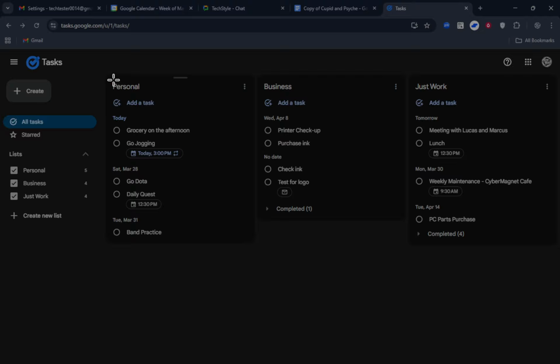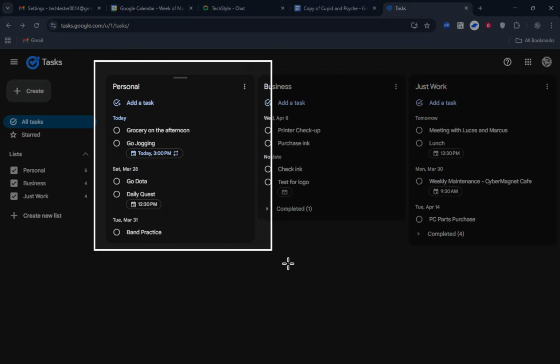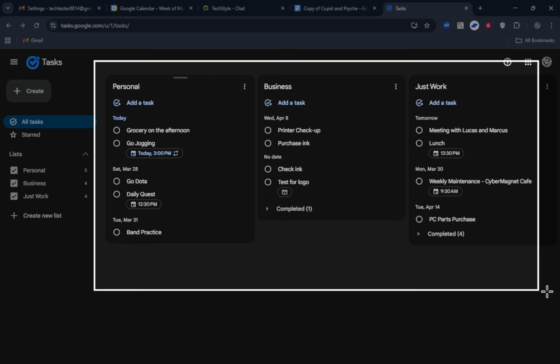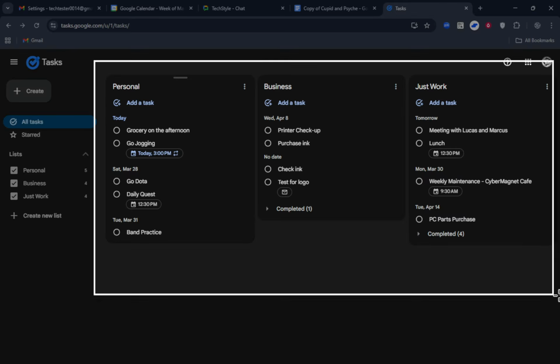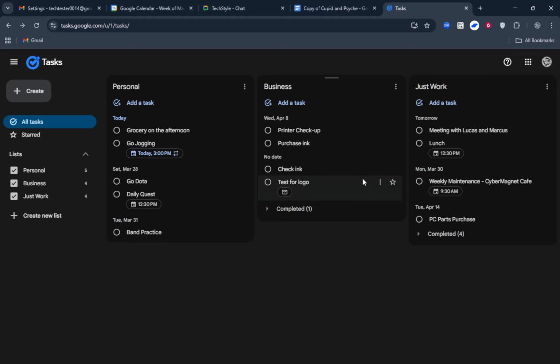A few limitations to keep in mind. There are no true real-time shared lists in Google Tasks, no multi-user editing within a single personal list, and no granular viewer or editor permissions. Think of Google Tasks as a personal organizer that can connect to teamwork through chat spaces and Google Docs, rather than a full team task manager.